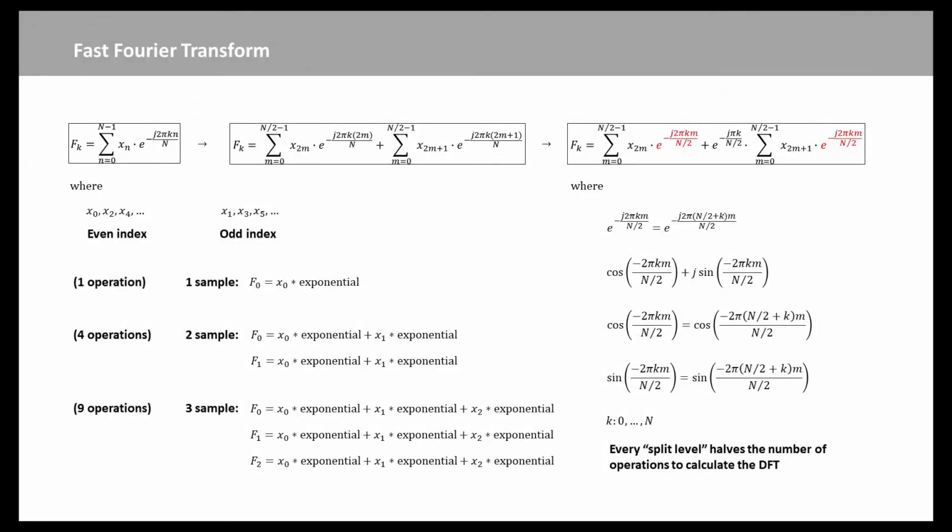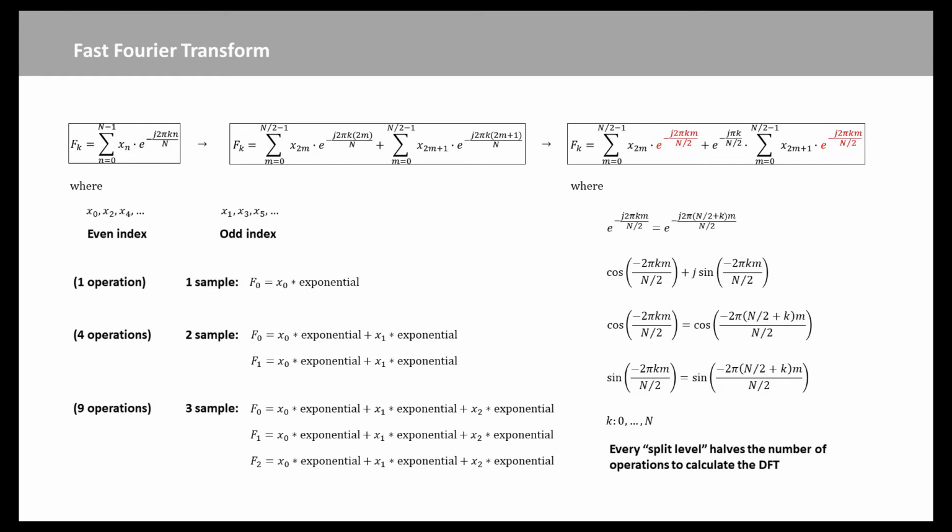We can first divide up the DFT into an even index summation and an odd index summation. So the even index is 2m. For the odd index sample, it is 2m plus 1. So now, we have a DFT as the sum of two smaller summations, each half the size of the original. Let's move the 2 in the numerator to the denominator for both the even and the odd index. And we can simplify the odd index term by distributing out a constant, which we can move to the front of the summation.